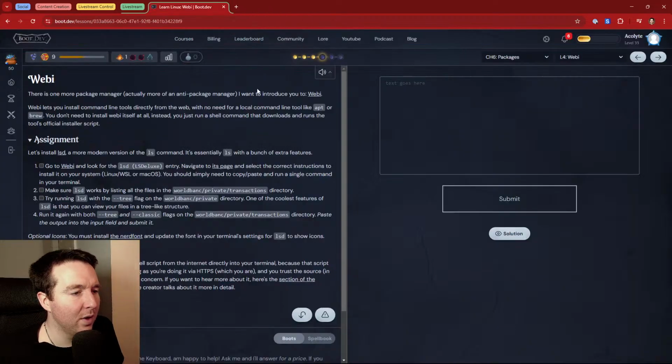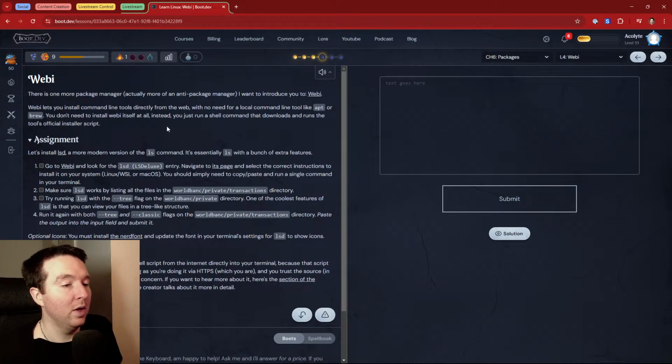Okay. Webby lets you install command line tools directly from the web with no need for a local command line tool like apt or brew. You don't need to install Webby itself at all. Instead, you just run a shell command that downloads and runs the tool's official installer script.